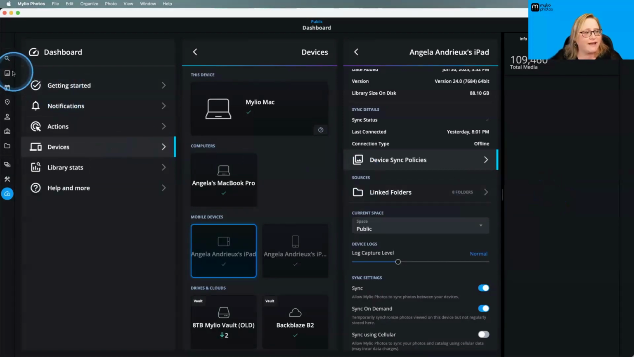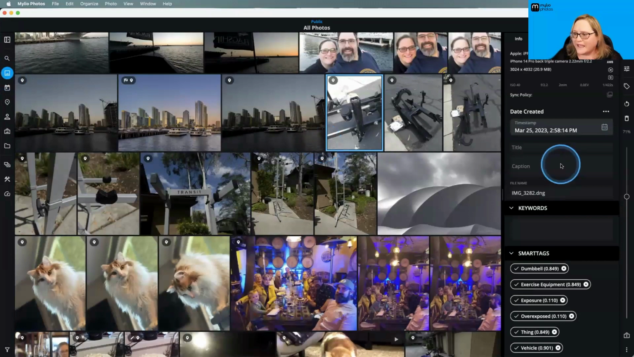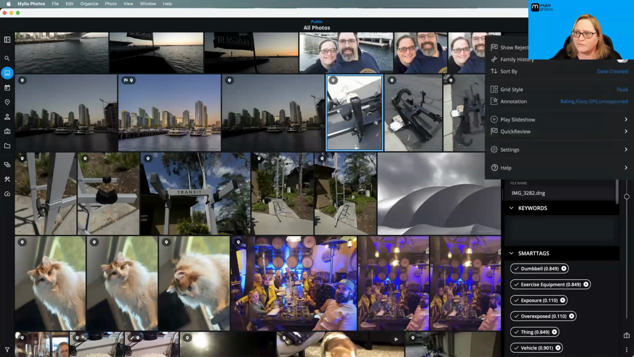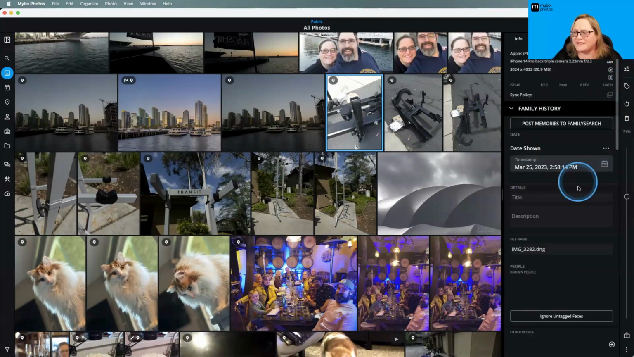And then we also have a few new things in our family history metadata. So let me go ahead and jump back over to all photos. And right now I have the family history metadata panel turned off. I can go up to the More menu in the upper right, and I can turn on family history. So most of these fields are the same. There's a few minor changes, but you'll notice the first one here at the top is we now have the